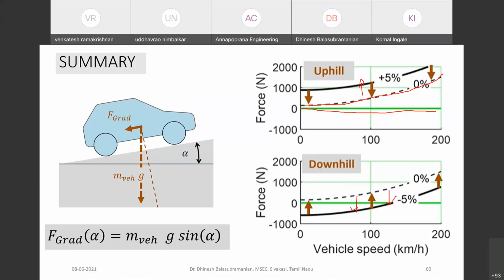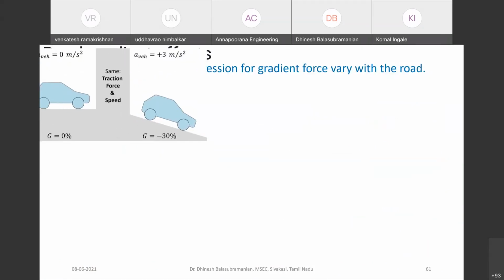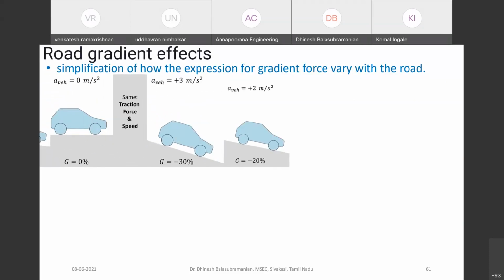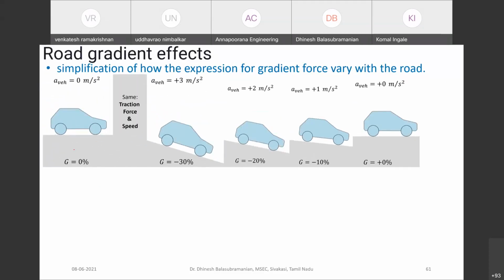So whatever the vehicle that you are going to choose should not only take into account the rolling resistive force and the aerodynamic force, but also the gradient force should be taken into account. So if you are able to provide a tractive force to your vehicle opposing all these forces, that is rolling resistance, aerodynamic, and the gradient force, then you can just assume that your vehicle would propel forward. So this is where the gradient is equal to 0.